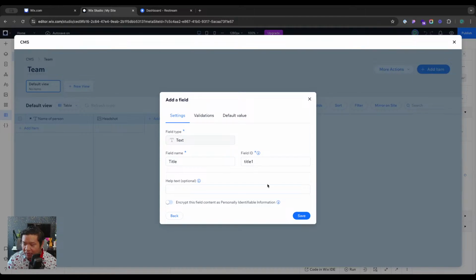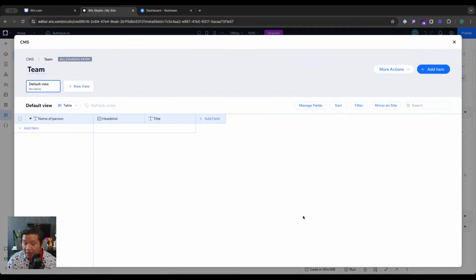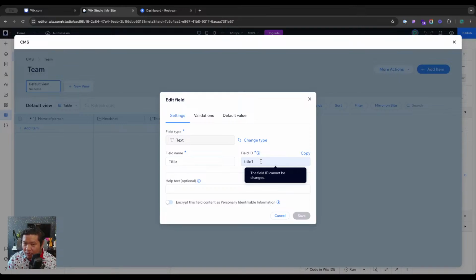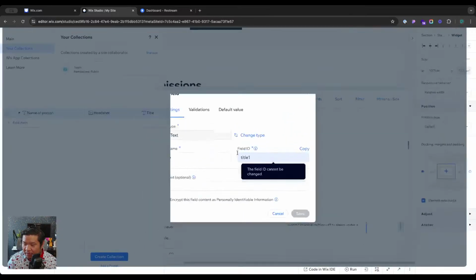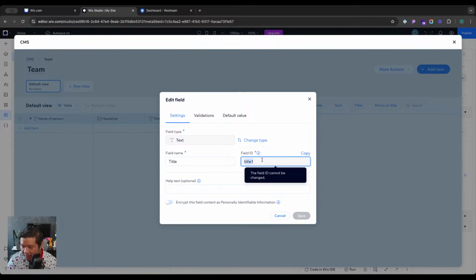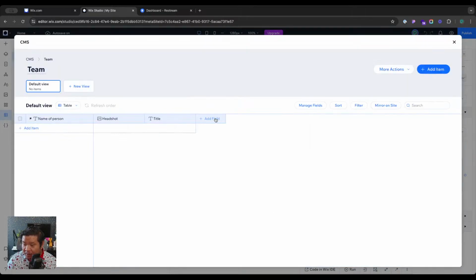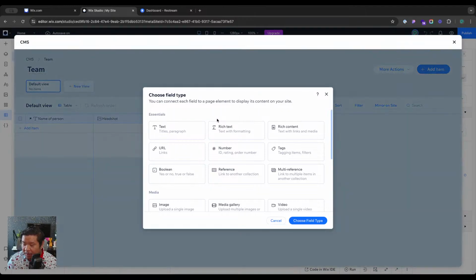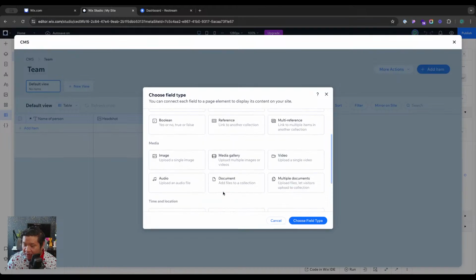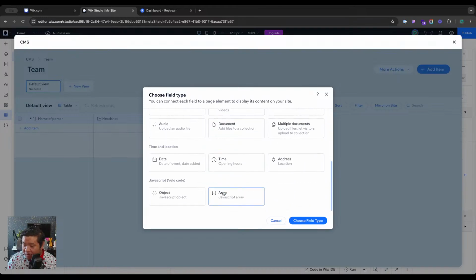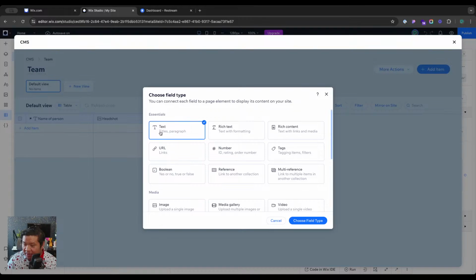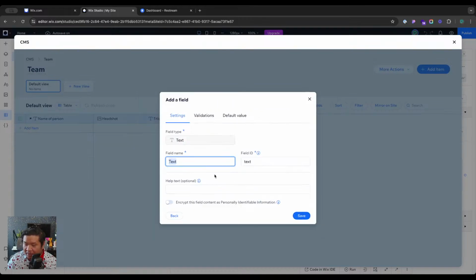Okay, default value. Okay. Oh, wait, I saw something. This is now called title 1. No, can I call it title? Oh, field cannot be changed. All right, that's fine. Title, let's say, so again, they don't have that drop down, but I'm guessing that's what the option field is in